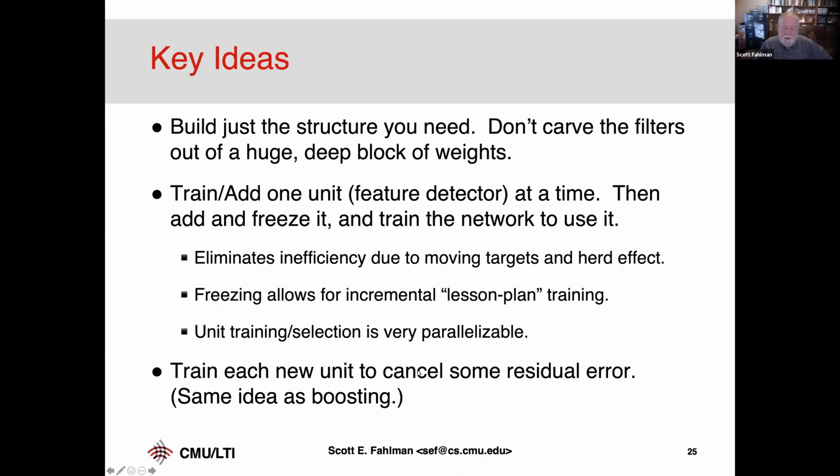And the key idea is to train each new unit to cancel some of the residual error, to correlate with it, and then you can cancel it out. And that's really the same idea as boosting, which came along a little bit later. So I invented boosting, but I didn't prove all the theorems and stuff, so I don't get credit for that. But this was a form of boosting. Boosting keeps looking at the residual error and adding imperfect new filters to the network, reducing the residual error. And others came up with some nice theorems that will get you to the goal eventually, with all sorts of caveats, of course, to make the theorems work. So I never went down that math route, but it was boosting.